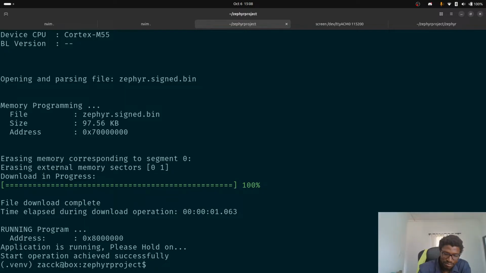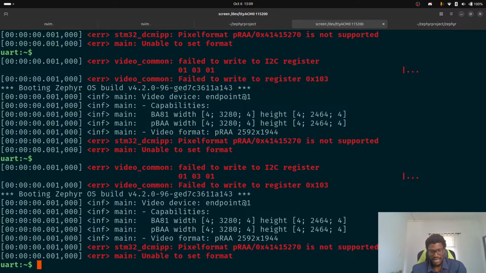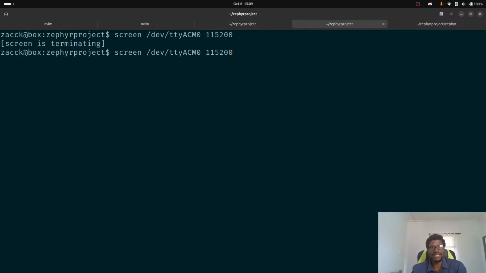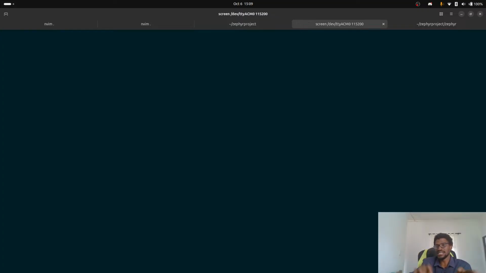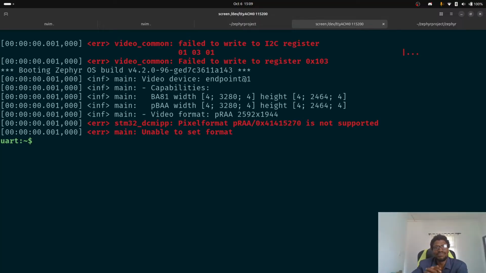Then I'm going to reset it over here, and go into this window. I can do a Control-C so we kill it and start fresh. This is basically a new boot of the thing. Let's look at what the issue is. We have a video command failed somewhere: failed to write to I2C register 103. That's fine. But then we boot Zephyr and see that the device has these capabilities,